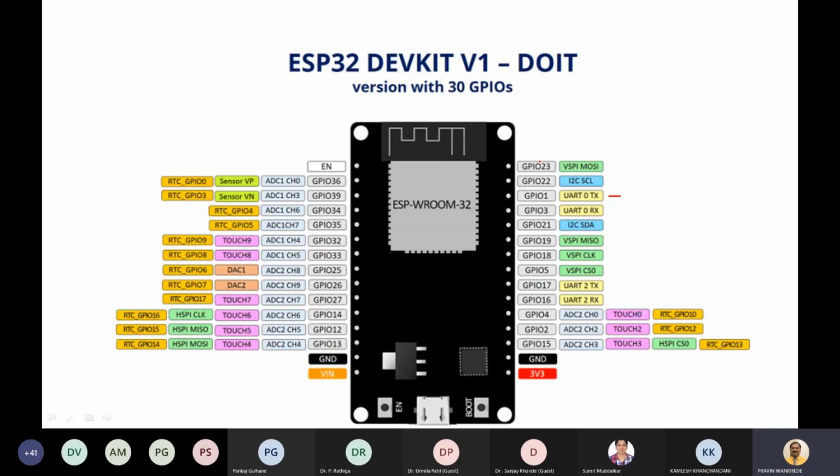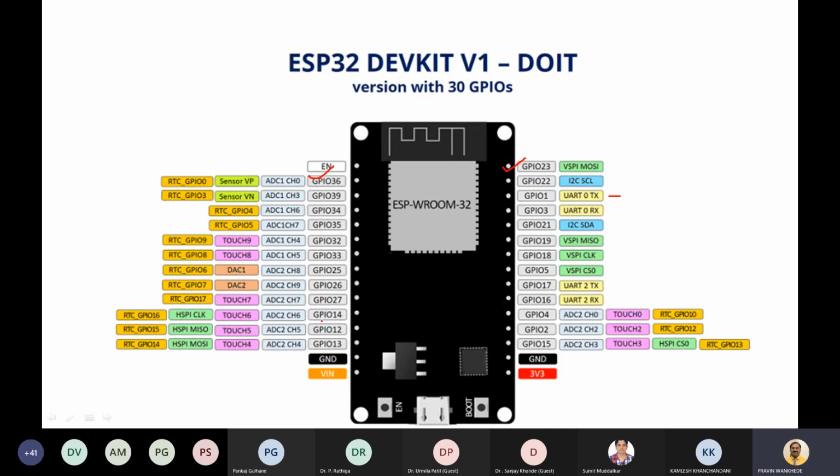So here you can see all these pins can be configured by using the GPIO numbers. Just like this pin can be configured by using GPIO 23. In the same way, this is the analog pin ADC1 channel 0. While writing code, it is not necessary to write ADC1 channel 0, you just write GPIO 36. With this also, we can make this pin an analog input, or we can make this pin digital.